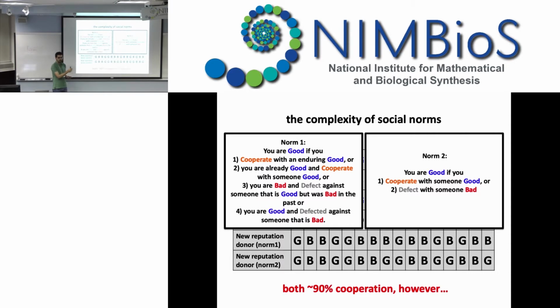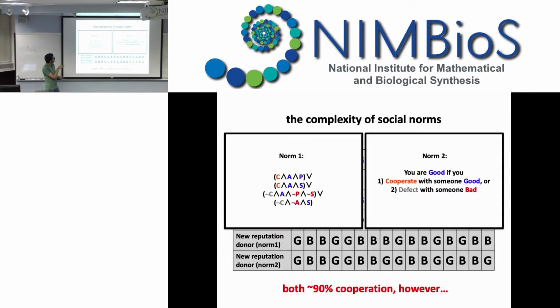And by counting the number of literals in this minimized form, we can have an intuition for how simple or how complex a norm is. So in the context of our example, we can see that this norm can be translated to a formula like this. Each of these is a literal, a logic variable that can be true or false.